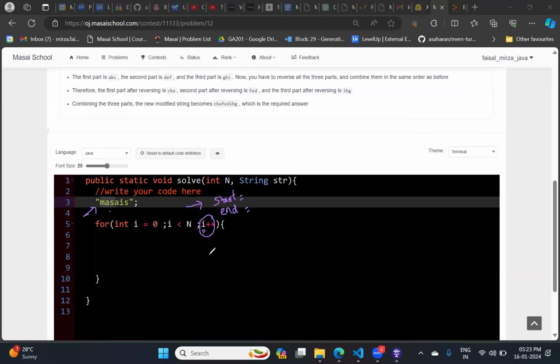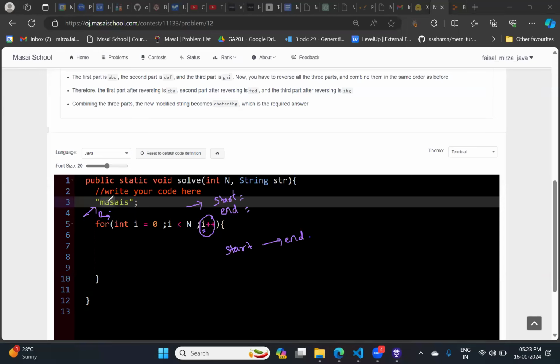So what I want to say over here, I'm going to run the inner for loop and I'm going to control its starting point and its ending point. For example, at the very first, when i is 0, it has to run till what? I want the first part whose length is equal to 3. So till what point it has to run?